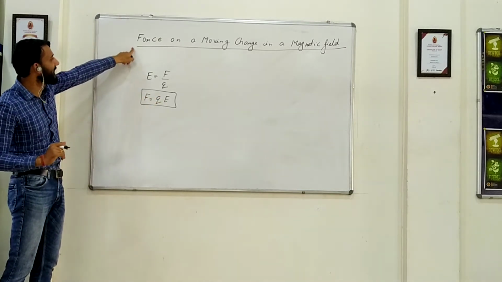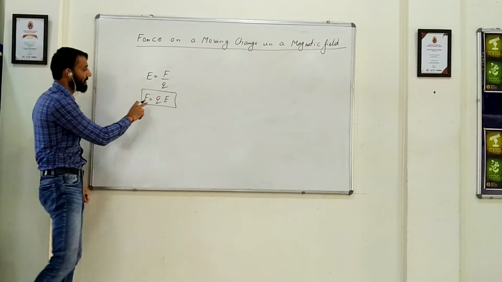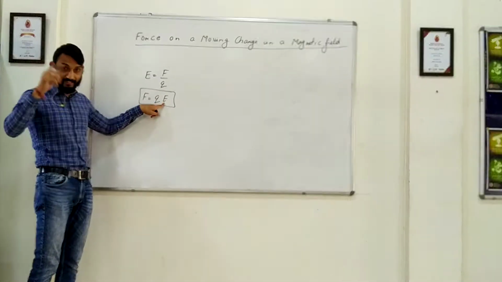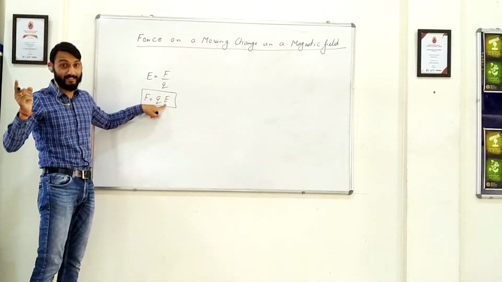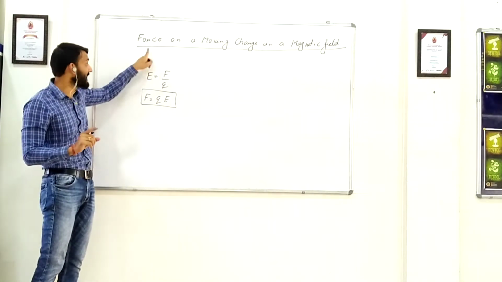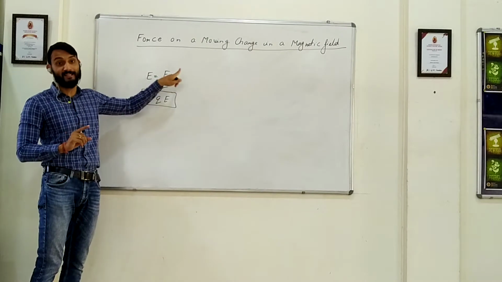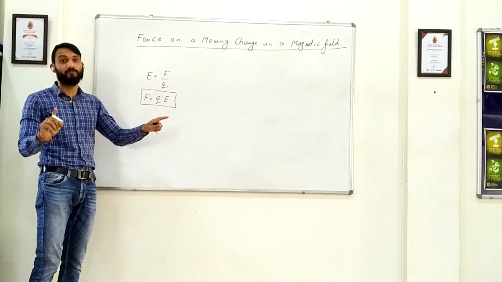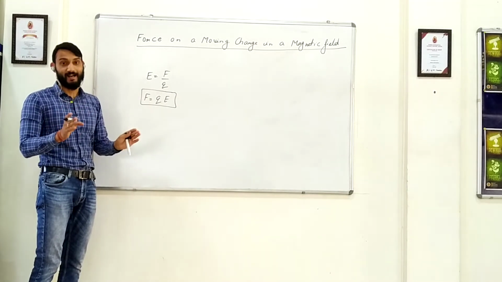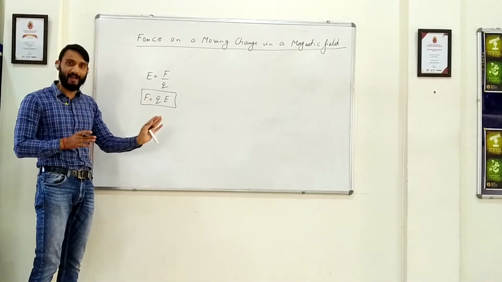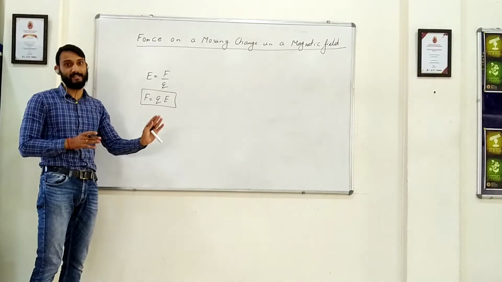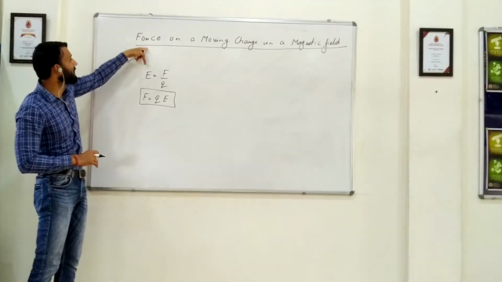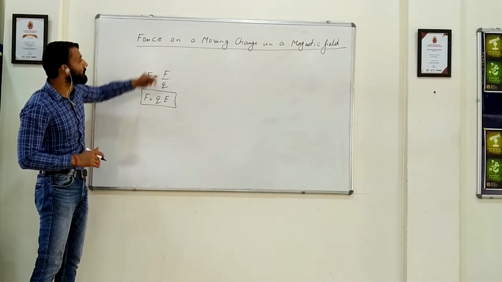Now, today we will understand that if the charge is moving. Mind you, this charge was not moving, because that is the electric field which we studied in electrostatics, and there the charges were at rest. Right now the charges have to move. Why? Because if the charges do not move, there will be no current, and if there is no current, there will be no magnetic field because of this current, and we are dealing with the magnetic effect of the current. So therefore the charges have to move. So, force on a charge.